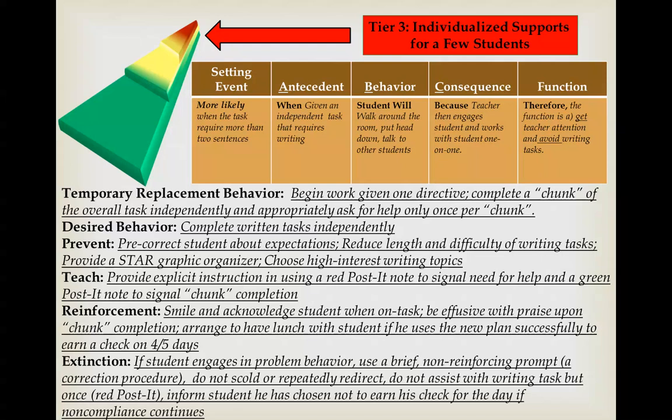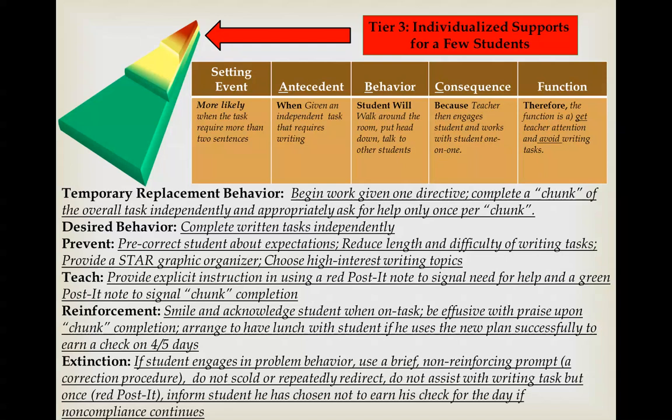So is that clear about how we're giving the student what he wants in two ways? We're letting the student escape from the work by getting teacher support with a red Post-it note, and at the end of completing a chunk, we're giving the student what they want in the form of teacher attention when they signal for it with a green Post-it note. So you can imagine the teaching component means taking this kid out of the classroom and rehearsing this and role-playing it, letting the kid be the teacher and you be the student, and then you be the teacher and he be the student, and so on. It's not just a once-off 30-second description of what you're going to do. The kid needs to recognize it for what it is when he has to bring it back into the real classroom and use it in the real world.